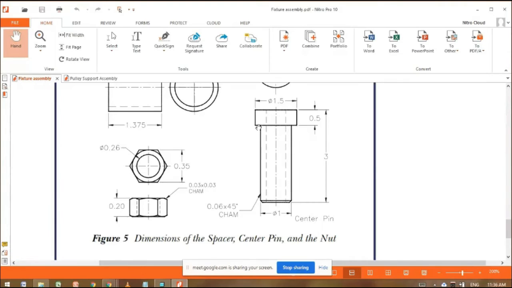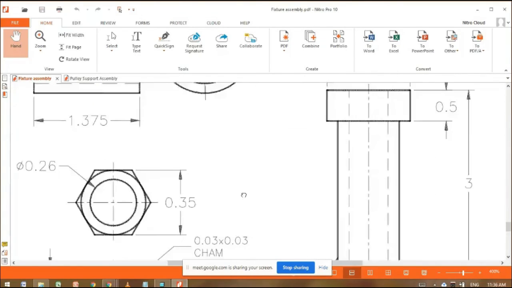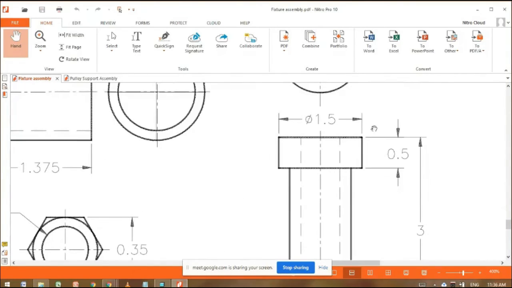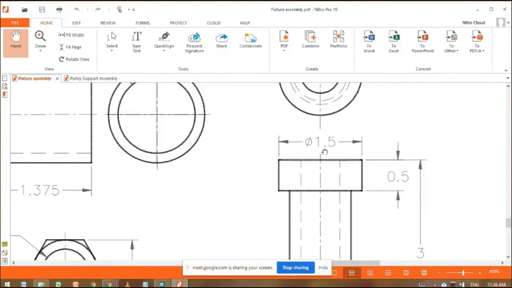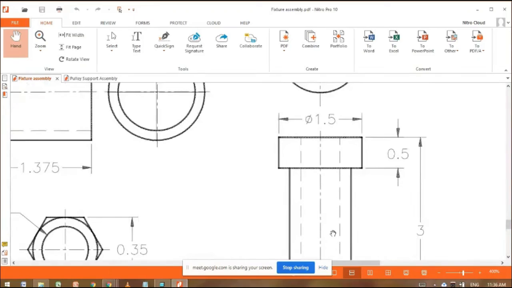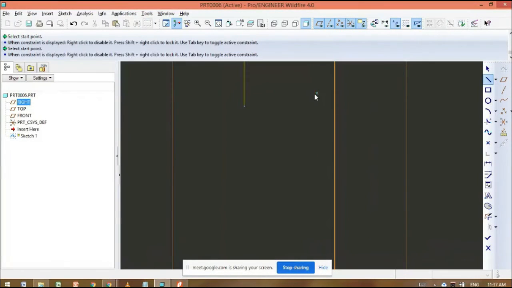See, I want to draw this. So for that, I have to find out more length of this part. So for this, the diameter 1.5. Then here given 1. Then 1.5 minus 1, 0.5. Then 0.5 divided into two parts. Here it becomes 0.25 and here 0.25. So go here, line, draw the line, double click, 0.25.